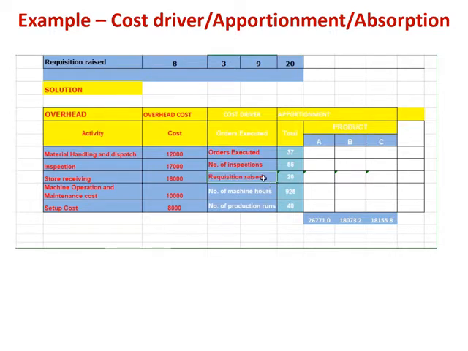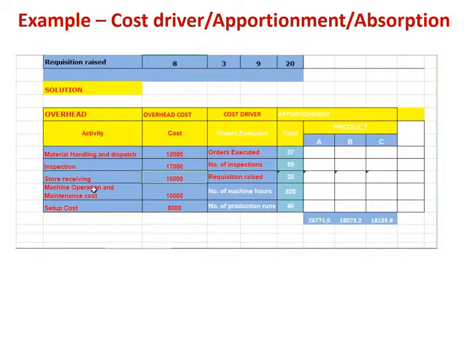Requisitions raised means how many requests the various production and other departments in an industry will give to the stores to receive the materials. So how many requisitions have been raised is the cost driver for the stores receiving overhead